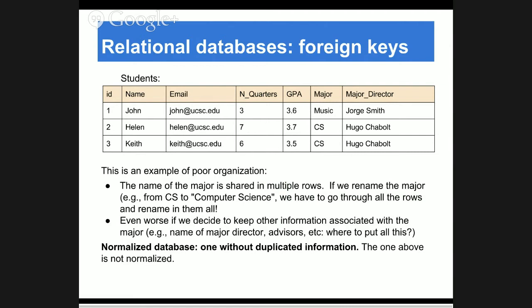But I think that intuitively, the idea is different rows should be fairly independent. You should not have a constraint that says, hey, everybody in CS should have this shared information. If that's true, you should put that information somewhere else. Essentially, there is a bit of a conceptual error in designing a database like this, because the information on the major director is associated to the major, not with the student. So you're replicating it because you don't have another place where to write it. But what you should do is create another place where to write it.